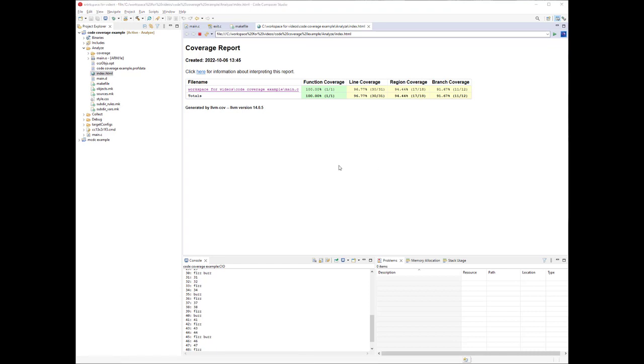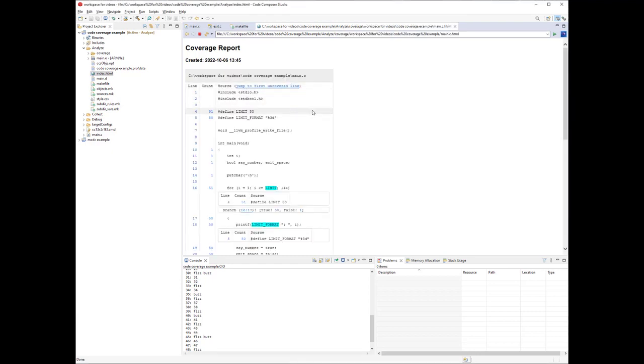Okay, it's time to look at the code coverage of a file. So we click on the file, and here it is. Let's talk about it column-wise to start with. The first column is the line number, fairly straightforward. The second column is how many times that line executed. And then the last column is the source code itself. And we'll be seeing that as we go.